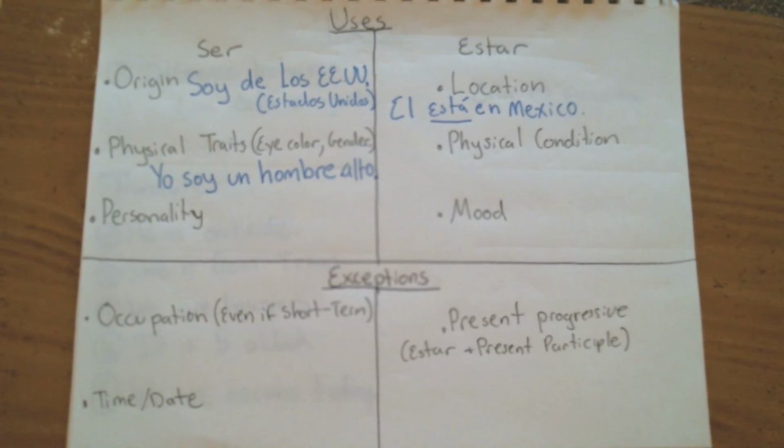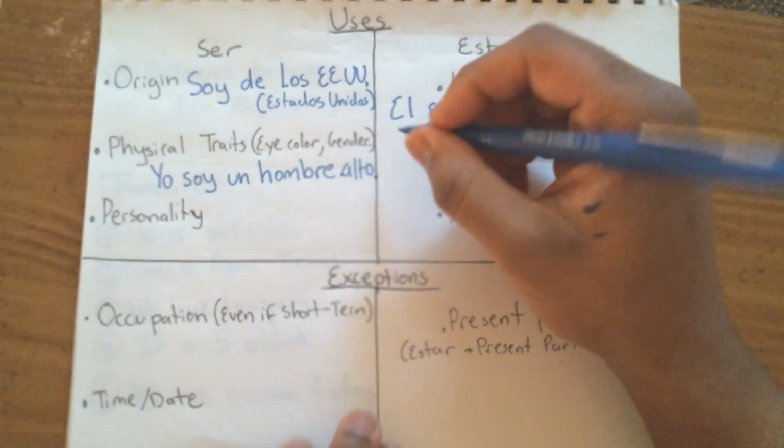But when you're talking about physical condition, like say someone gets sick for a couple weeks, or say someone breaks their leg and they're in a cast for a week or something like that. When you're talking about temporary things that are about their physical condition, not things that they were intrinsically born with, like they get injured or they're ill for a little bit, use estar. Use the temporary form of the verb to be. For example, you could say,